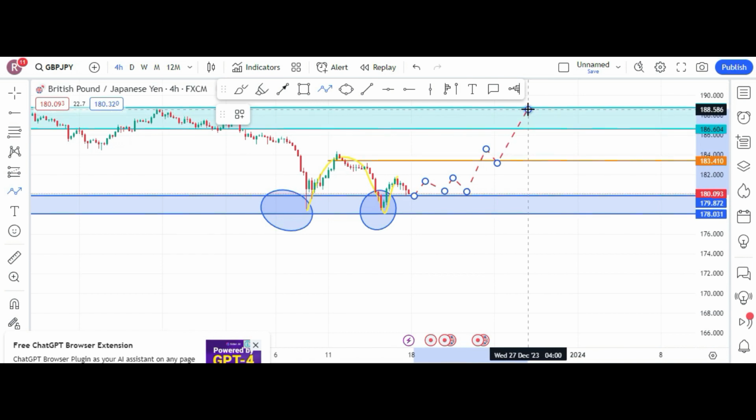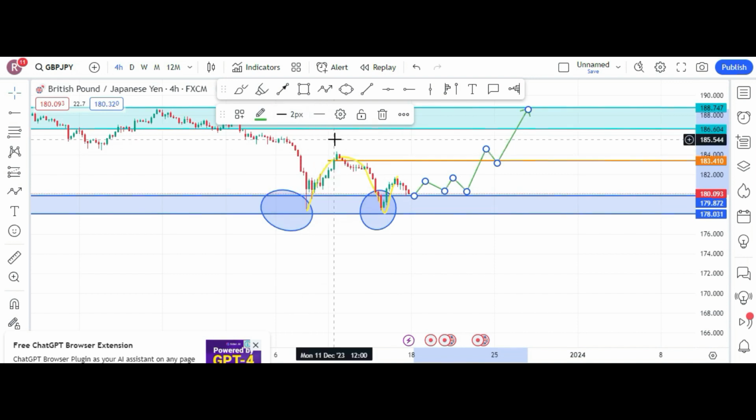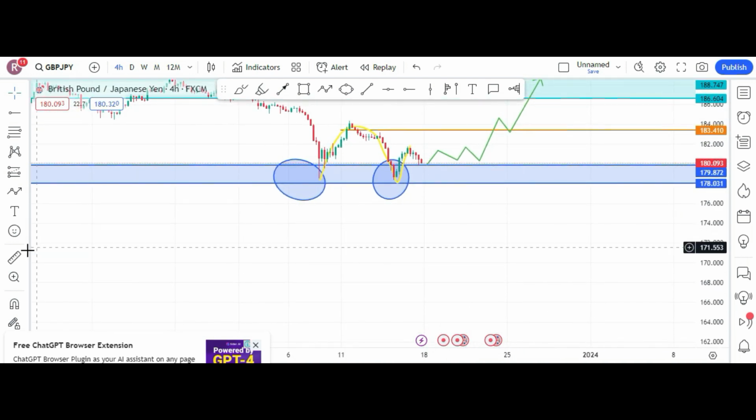This is one option, but this option is completely based on price action. I cannot confirm yet because the price action doesn't give me any indication that it will move like this. On the contrary,